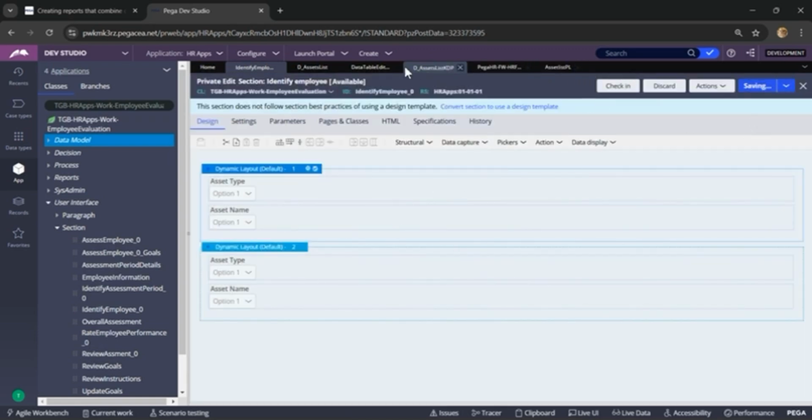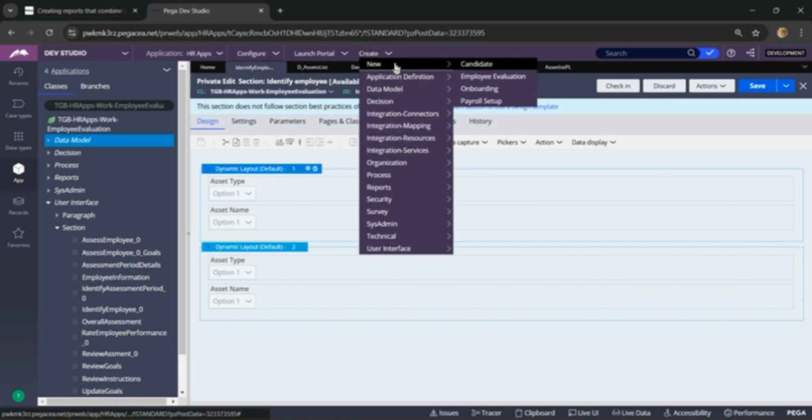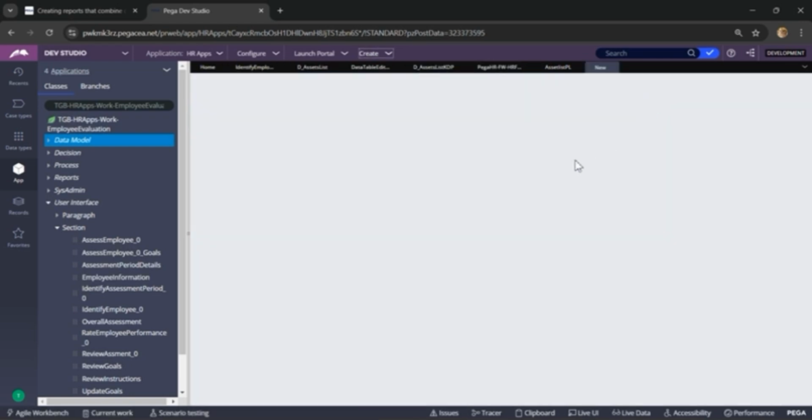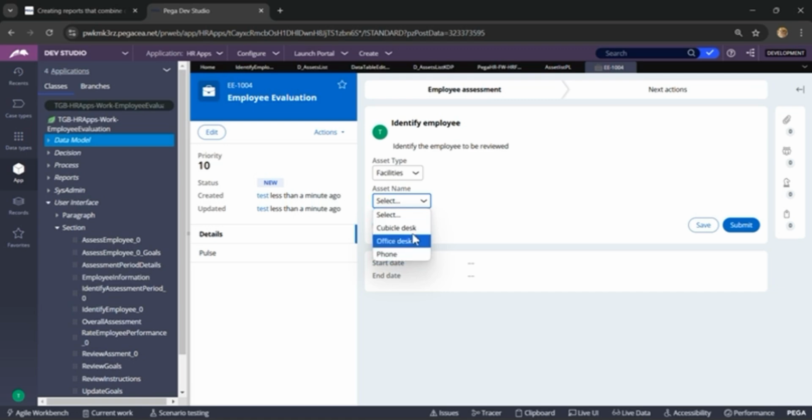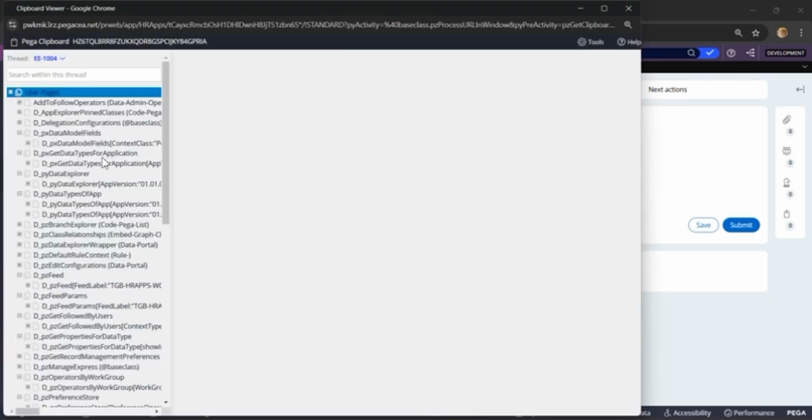Okay, I've saved this one. Let's check in the UI. So when you select any of these asset type, facilities, we get facilities related asset names. When I change this to hardware or any other, we get the associated values here, right? So when you check the clipboard structure of it,